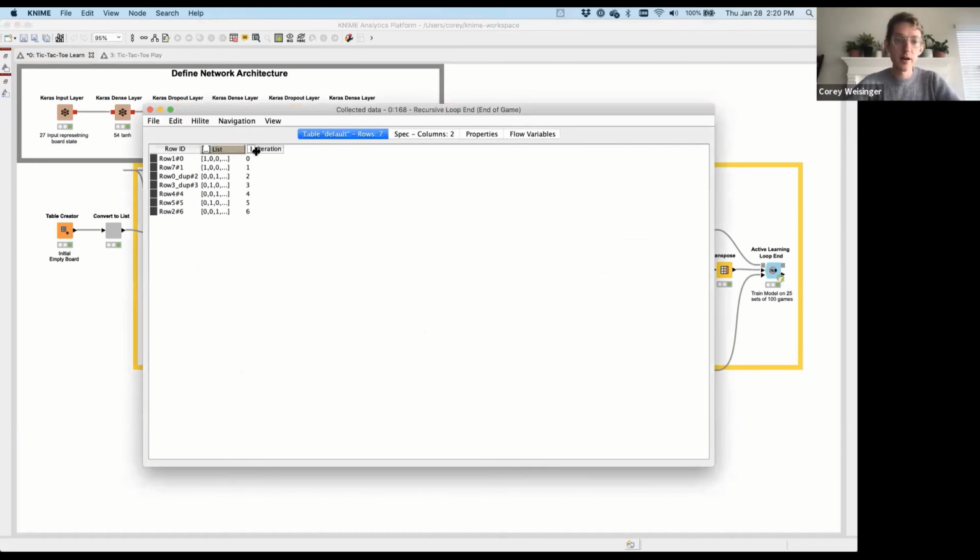So these are all the board states in this game of tic-tac-toe. There was the empty board, or I think this was after the first move, and then after move 6. So these are all of the board states. So we look at that,